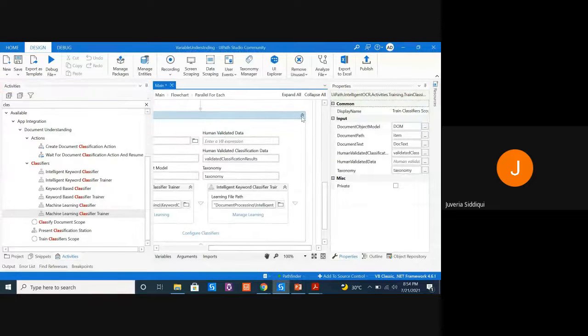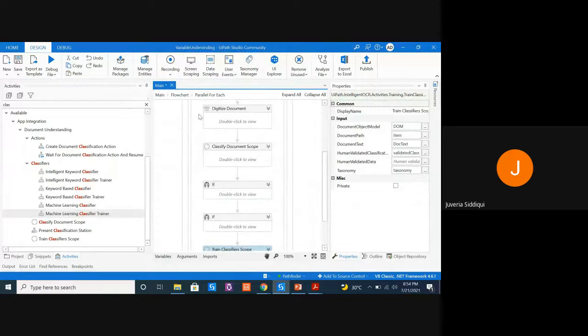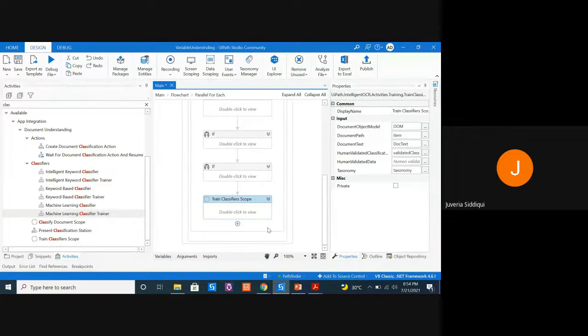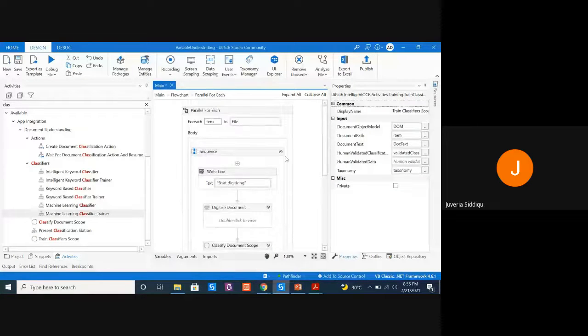Save. And now, whatever you do over here, manually, in attended fashion or unattended fashion, you train the bot to become intelligent enough so that you don't get this validation station so frequently. So you try to make your bot more intelligent. So this is what you do through this training activity. All right.